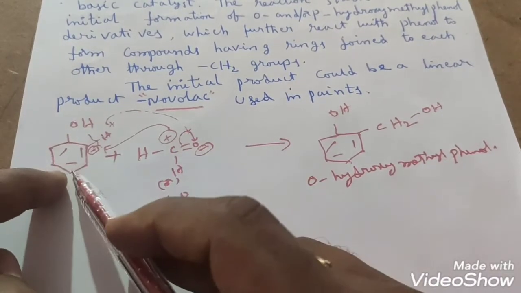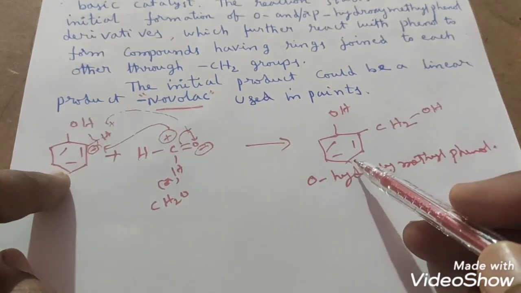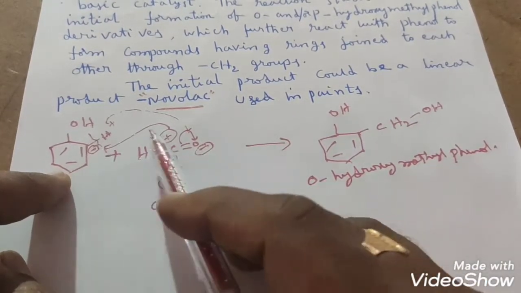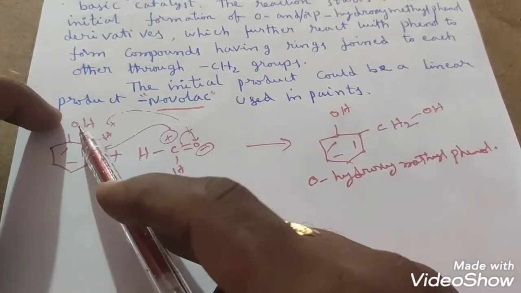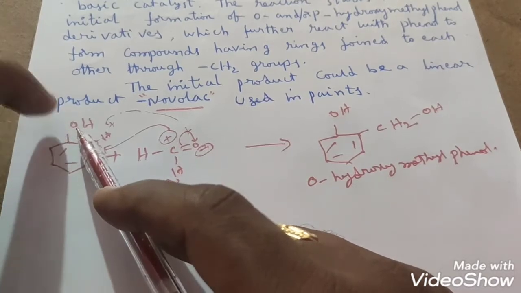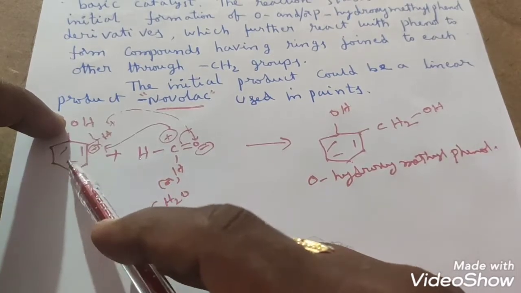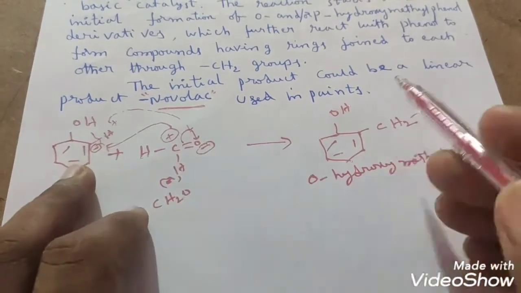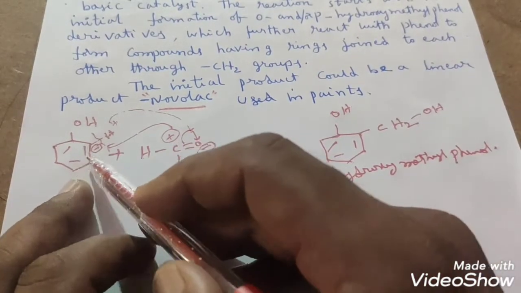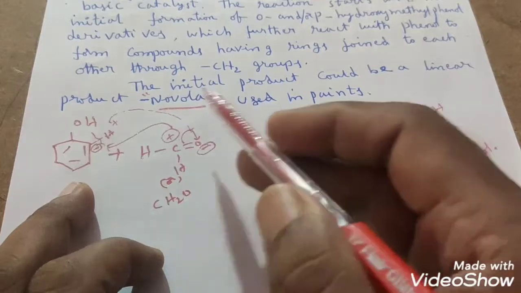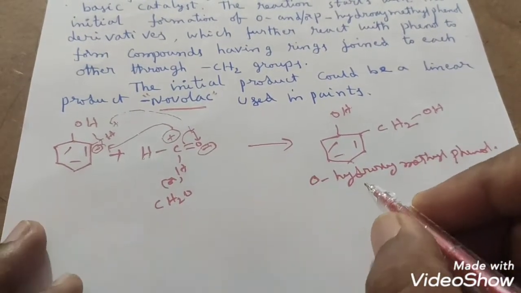Suppose the same substitution happens at the para position, this CH2OH group will be attached at this position. And suppose this CH2OH group may attack at the ortho position also. Why? Because here on benzene an electron donating group is present. This electron donating group will increase the electron density either at ortho or para position, right? So you may get a single substituted product or many substituted products also. That means wherever the possibilities are there, at all the positions this CH2OH may form, right? So this is one product, students, and some more products you may get.